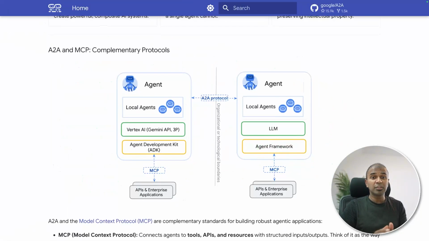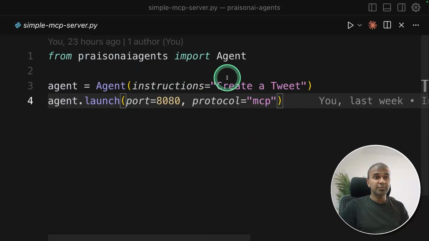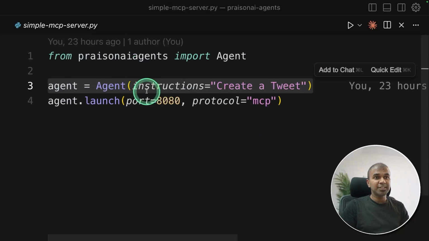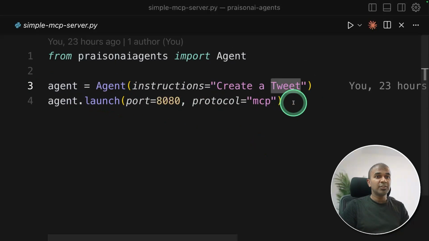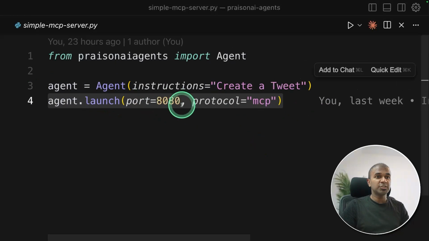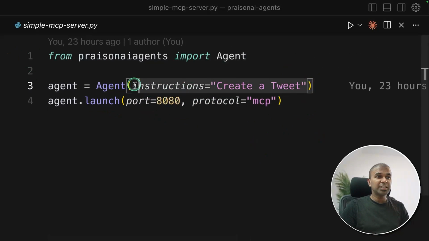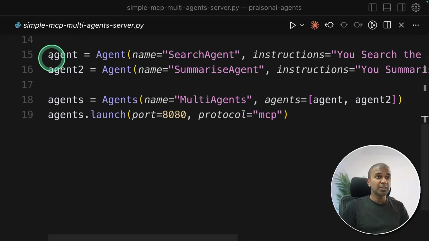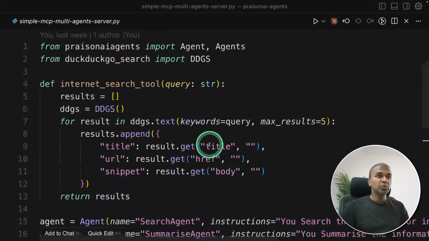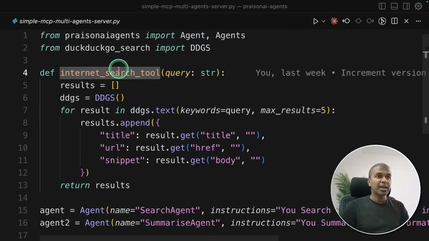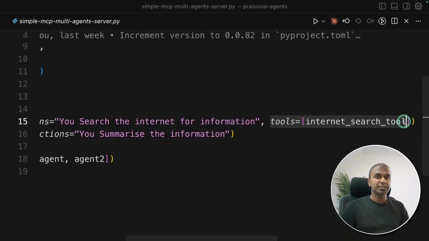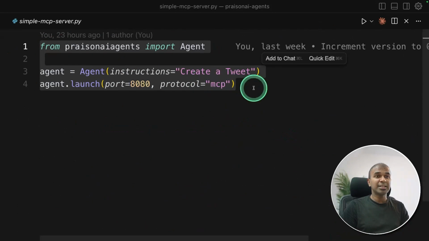Finally, I want to show you how you can make this setup with just 3 lines of code. The same setup already exists in PraisonAI agents. So here is just 3 lines of code. You are creating the first agent, that is a server agent, is a tweet creating agent, and we are launching that just by using this port number 8080 and protocol MCP. So this creates the MCP server with agentic capability. Even if you want multiple agents, you can do like this, agent 1, agent 2, and combine those agents and launch that agent. Adding tools is also easy. Create a function and add this function to the tools list. That's it. So creating a server is as easy as 3 lines.